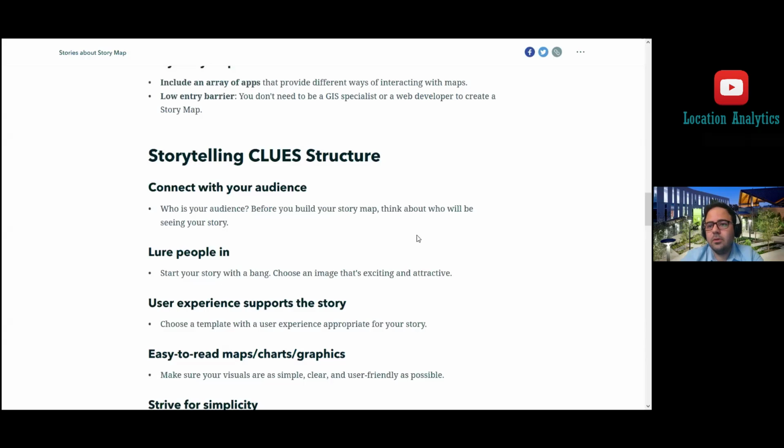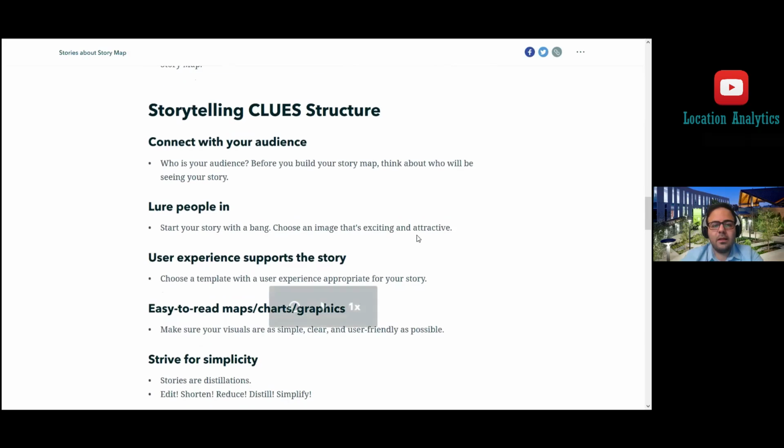And we have to lure people in. We have to excite people right at the beginning. If you go to different websites, based on a survey, the amount of time you may actually spend on a new website is less than a minute. But the same survey found out that people spent more than 3 minutes on story maps. So there is more engagement, there is more time for people's interactivity with story maps. That's very important for many